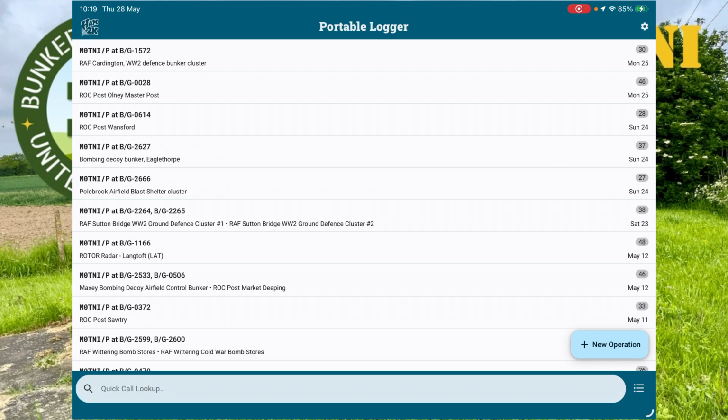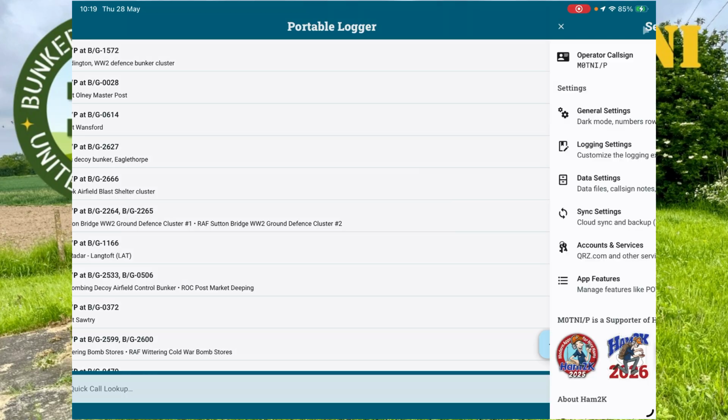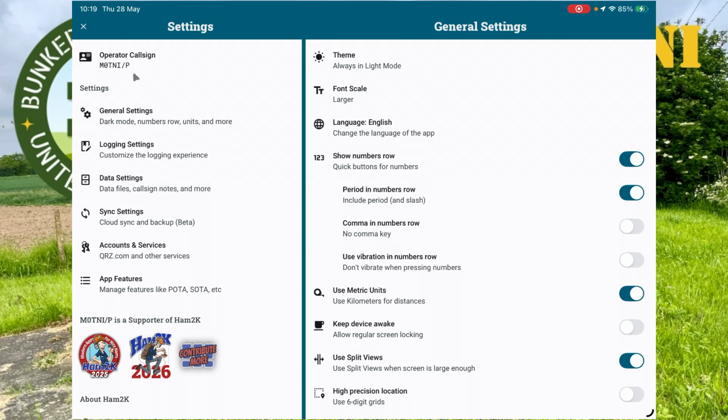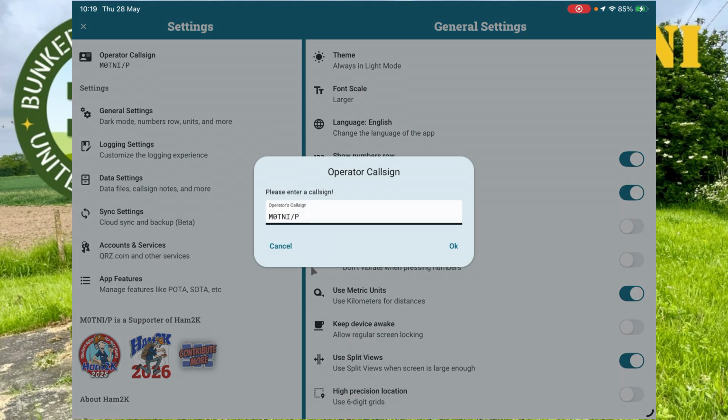Okay, there we go. So first thing to think about really is the settings. If we open up the settings, here's our operator call sign. I would advise you fully to put in the call sign which you are actually using on your activation, because that will be what appears in this spotting. But also you need to bear in mind that this call sign is the one which will be uploaded into